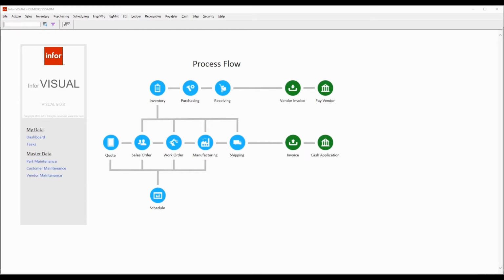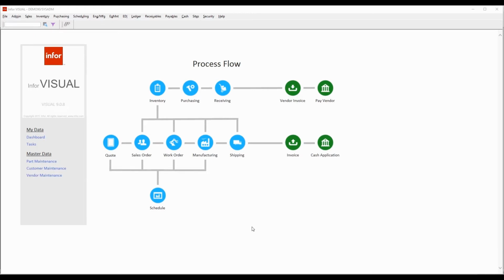In this overview, we want to focus on the manufacturing aspects of Infor VISUAL ERP. We want to look at an estimate and how that estimate converts to a sales order, how we can look at the best date available at the time of taking the sales order due to our scheduling and planning functionality. We want to look at the work orders that are producing items for that sales order. And of course the manufacturing process, which we will go into our shop floor mobile functionality to show how easy